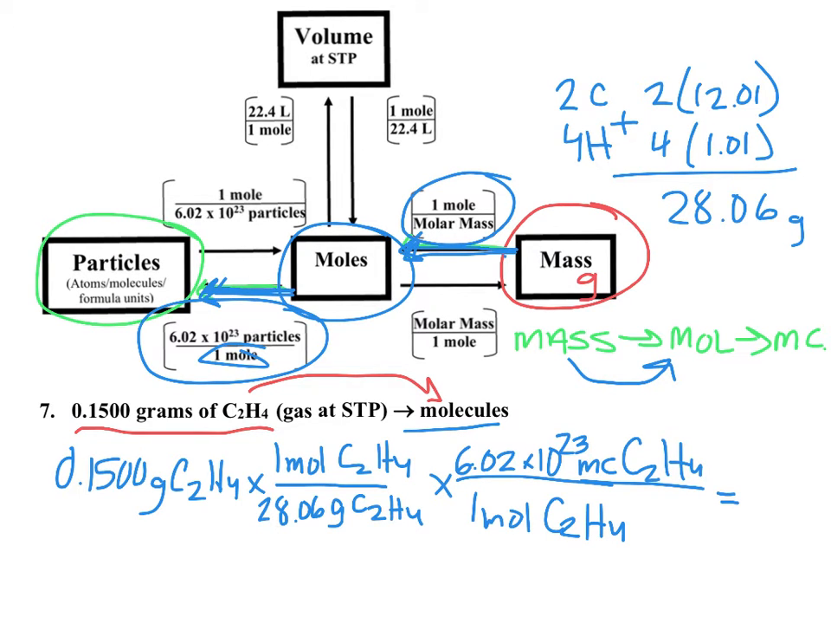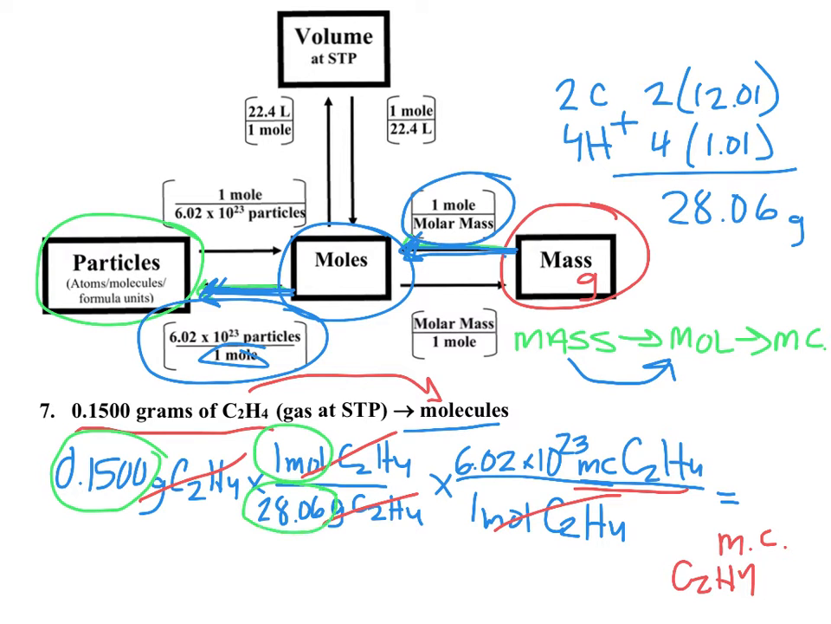Now that we have that, we have our entire problem set up. Let's make sure that the units actually cancel out. Grams of ethylene, moles of ethylene, moles of ethylene. We're left with molecules of ethylene, MC, C2H4. Now we just have to do our math. Remember, to do our math, we multiply by top, divide by bottom. So we're going to take 0.15 times 1 divided by 28.06 times 6.02 times 10 to the 23rd divided by 1. When you throw that in your calculator, you end up getting about 3.22 times 10 to the 21st